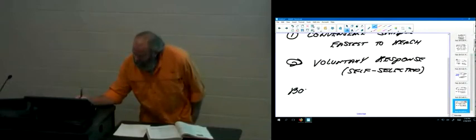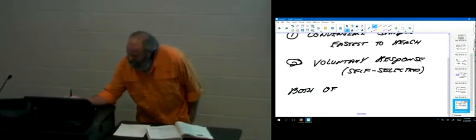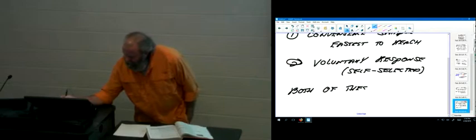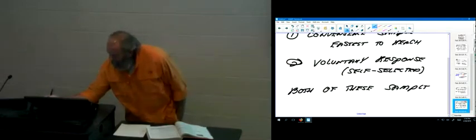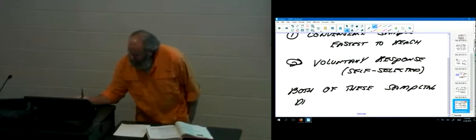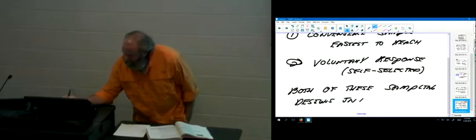And what I mean is, both of these sampling designs, bad ones, introduce